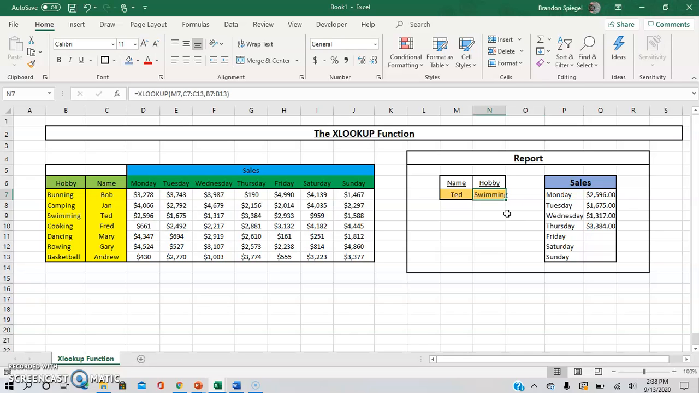One of the cool things with the XLOOKUP function as opposed to the VLOOKUP function is that you can look up values that are stored to the left of the range that you're looking in. With the VLOOKUP function, you have to have values that are to the right of the range that you're looking in. So to show you how that is used, equals